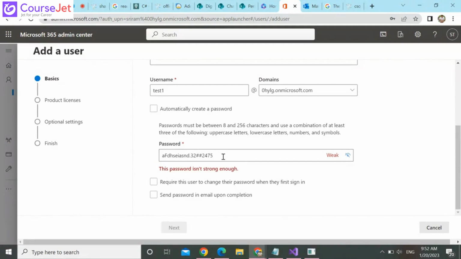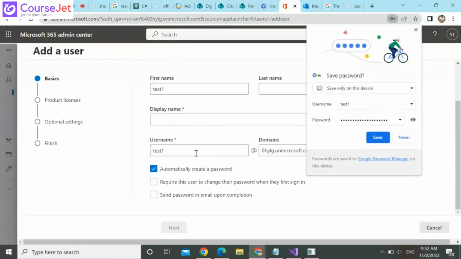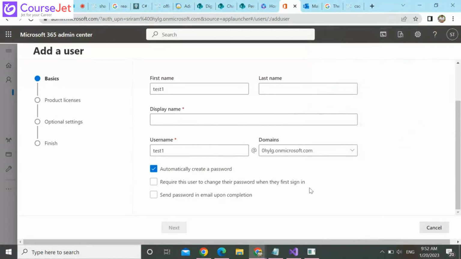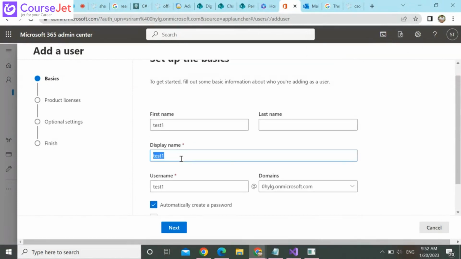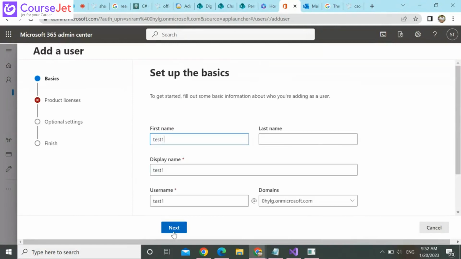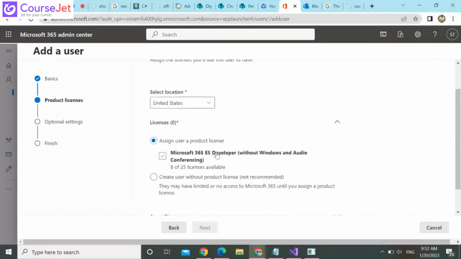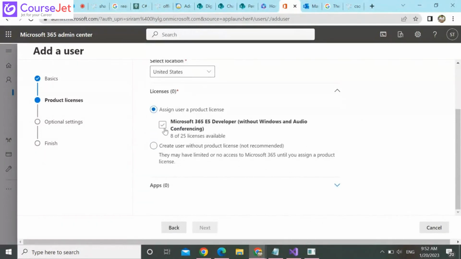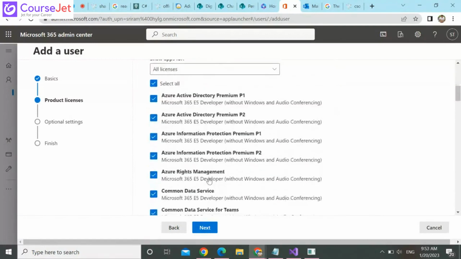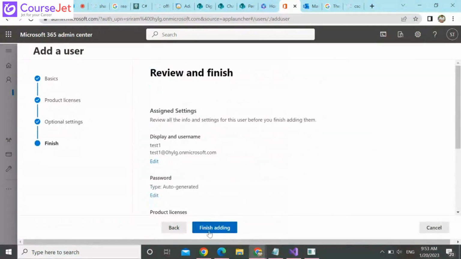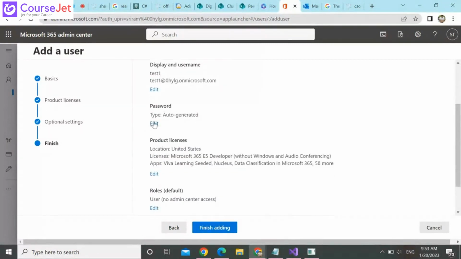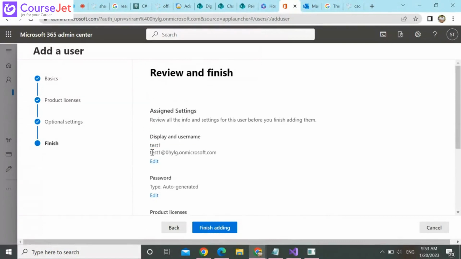Can we click on automatically create a password? Not sure where it will send the password. Okay, let's try this.